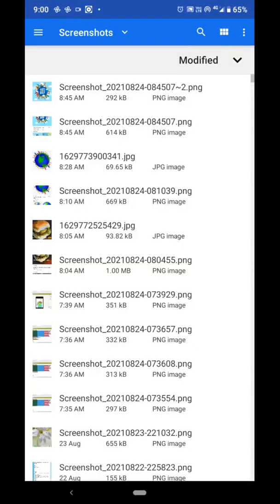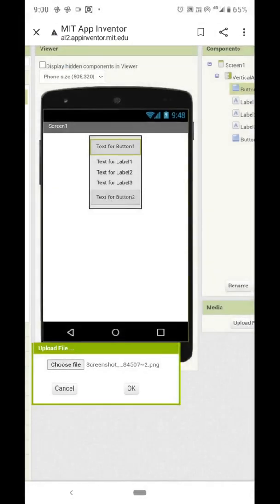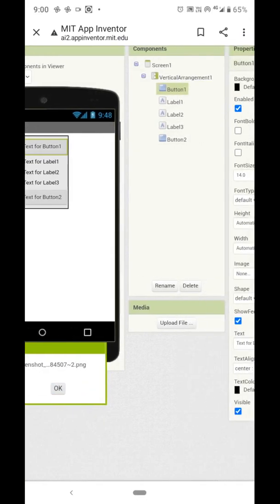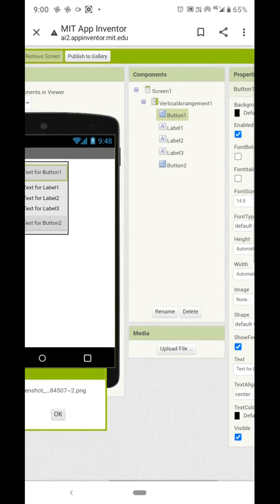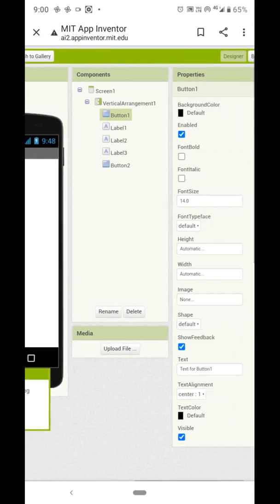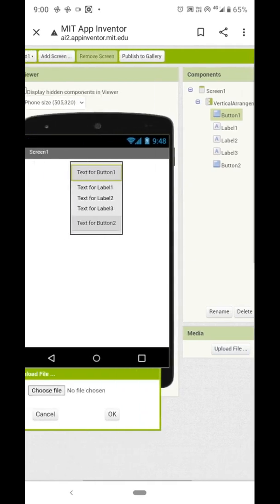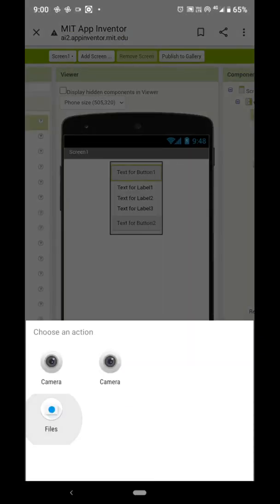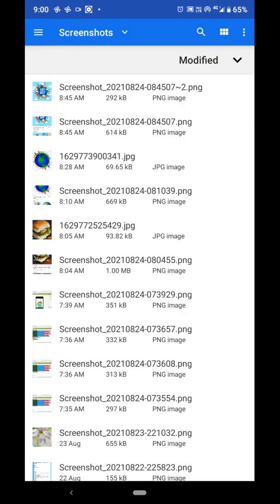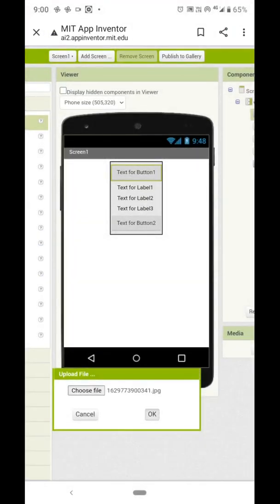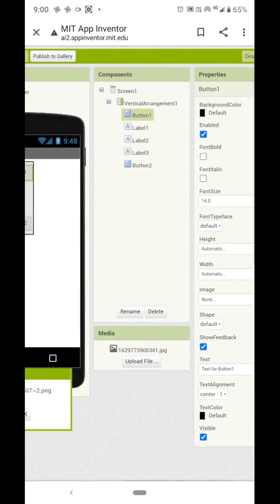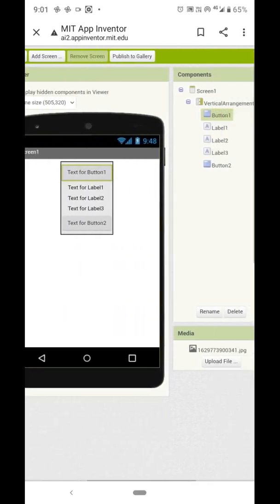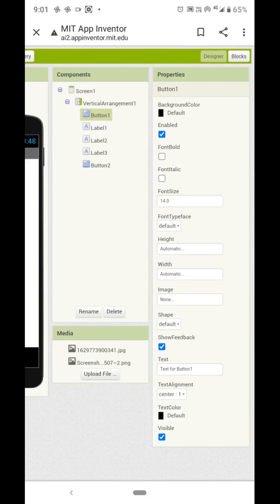Again I will choose. Then upload this image to the button.